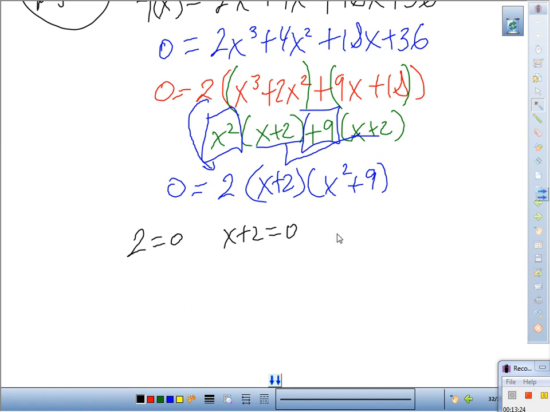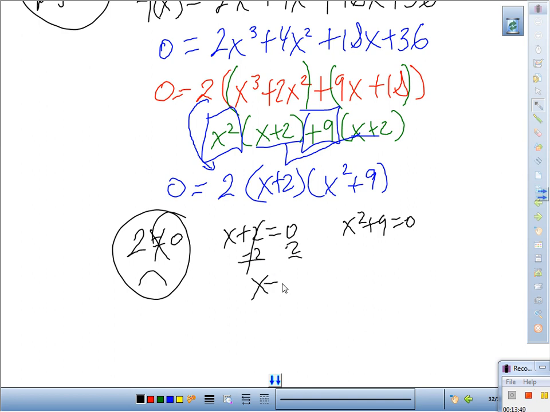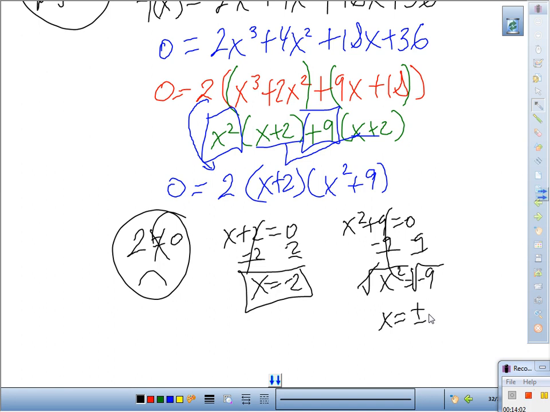2 equal to 0, x plus 2 equal to 0, x squared plus 9 equal to 0. All right, question. Is 2 equal to 0? No, we got rid of it by subtracting 2, x equals negative 2. How about this one? Minus 9, x squared equals negative 9. What do we do at the end? Square root. Tell your neighbor what that is. X equals plus or minus